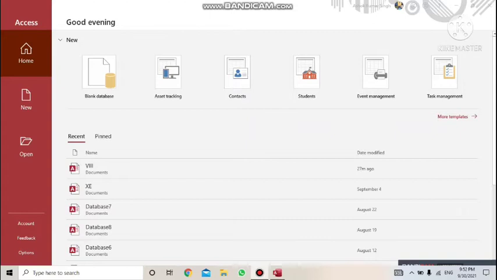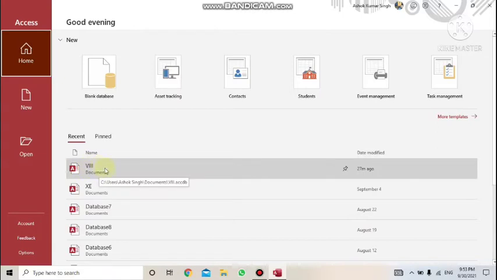The basic building block of the database, that is your tables, you all have learned how to create it, how to modify it, how to insert data, everything got completed. So in the beginning, always try to create the table and then only other objects can be created. So the third object is a form. Let's start with that. I'm opening a table which I have already created, the standard 8 table.